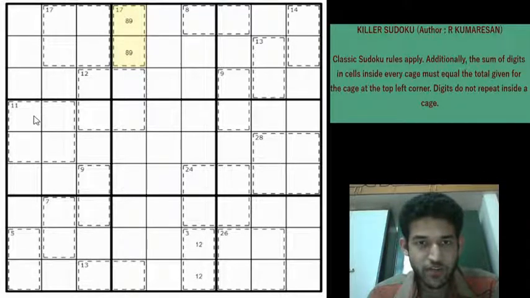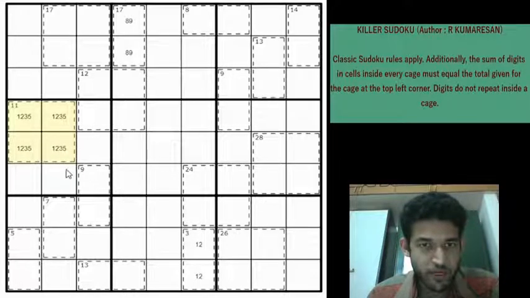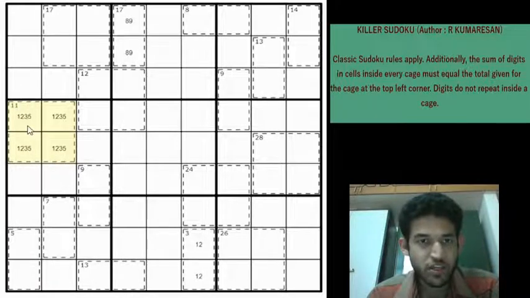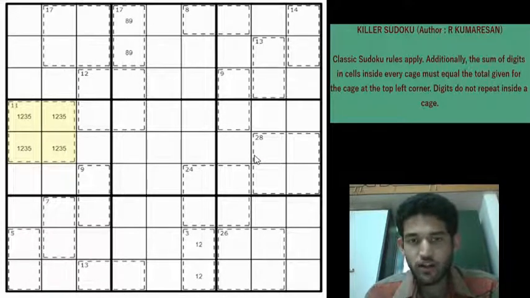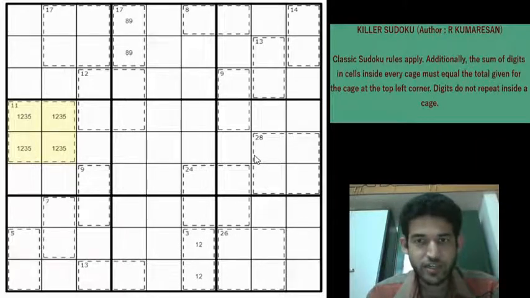So we have that particular example here. You can see that there is a 4 cell killer cage with total 11. There is only one possible way to fill them, 1, 2, 3 and 5. Because the minimum total is 1, 2, 3 and 4, which gives you a 10. Now to get 11, you have to replace the 4 by a 5. There is no other possibility to get 11 with 4 digits. So in harder Sudokus, it always helps if you know for certain what are the fixed digits which come inside